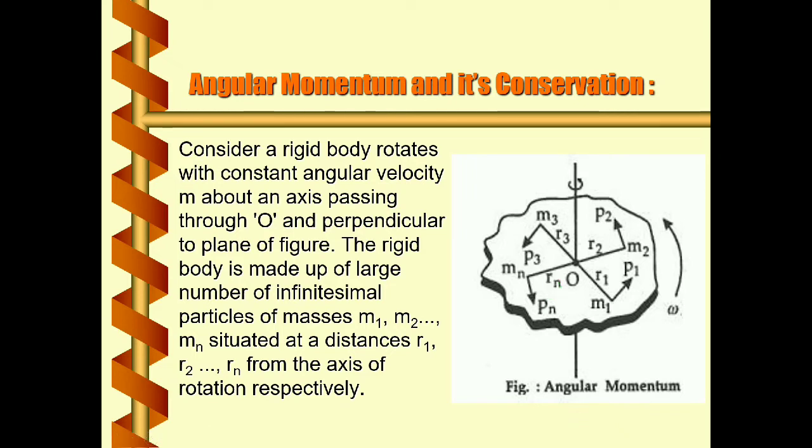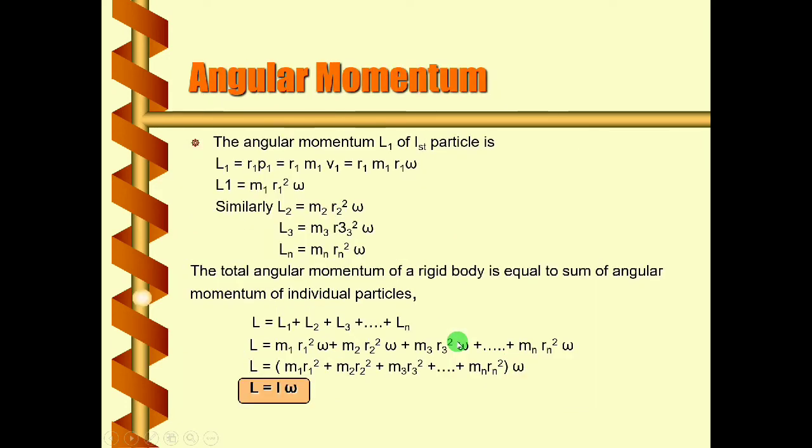So linear momentum will be tangent to the position. These are the tangent vectors we have shown here in the figure, and for the respective particles we are taking the notations P1, P2, P3, likewise Pn. Next, for the first particle, suppose we write the angular momentum as L1. Suffix 1 is for the first particle.